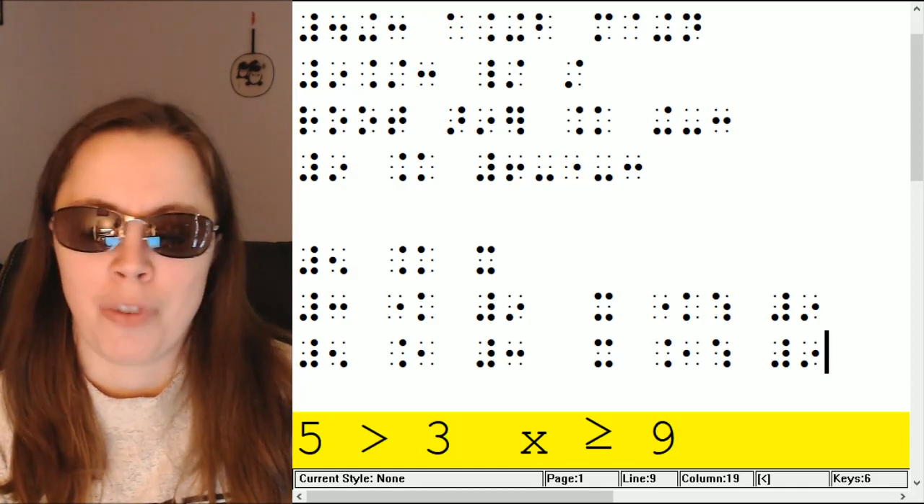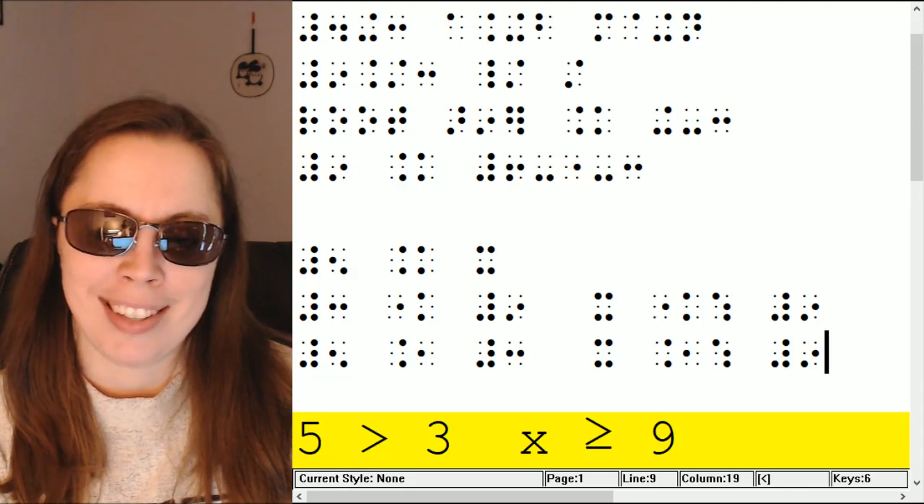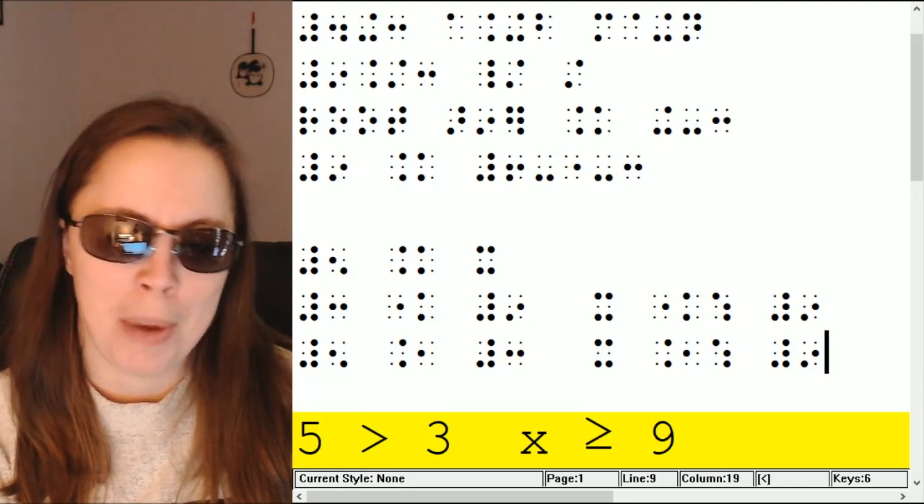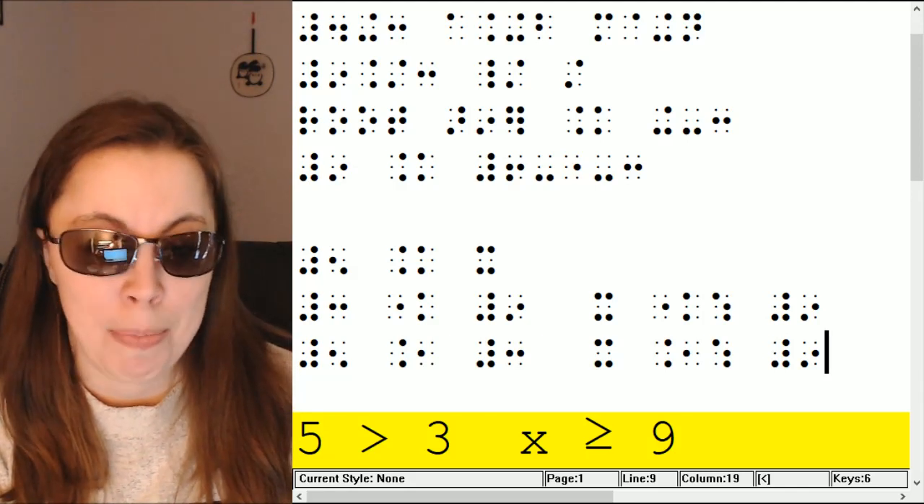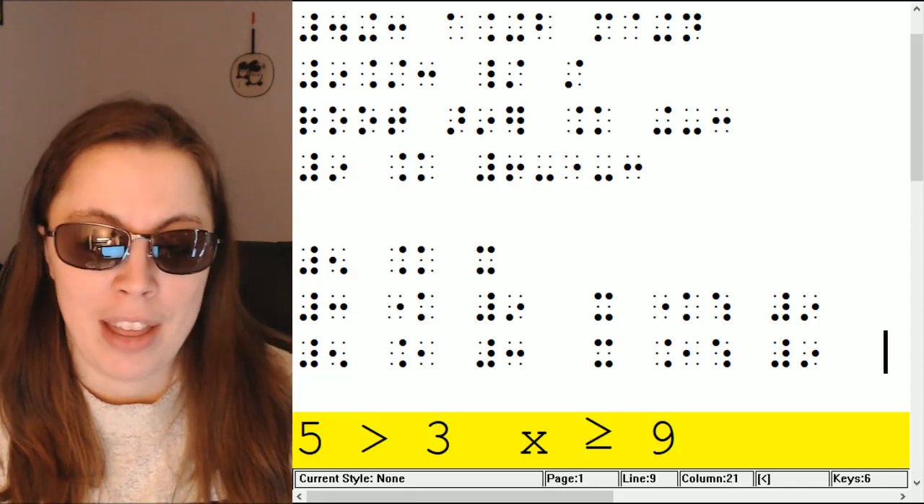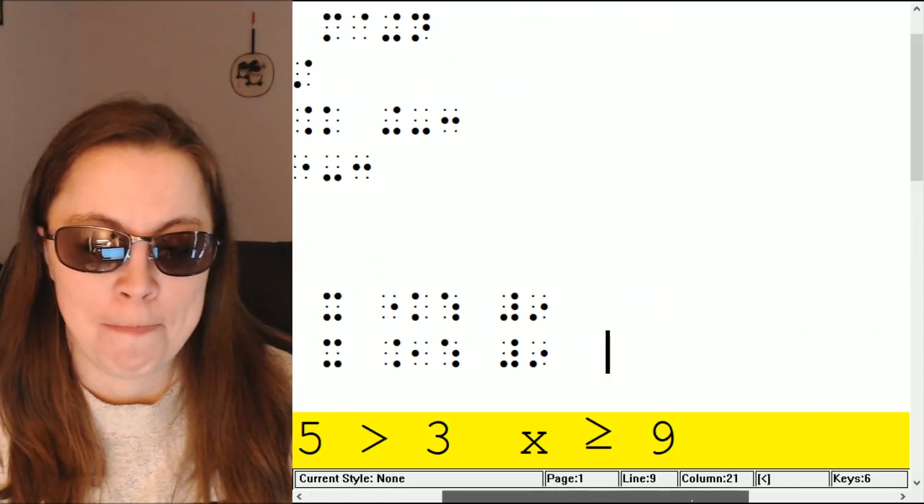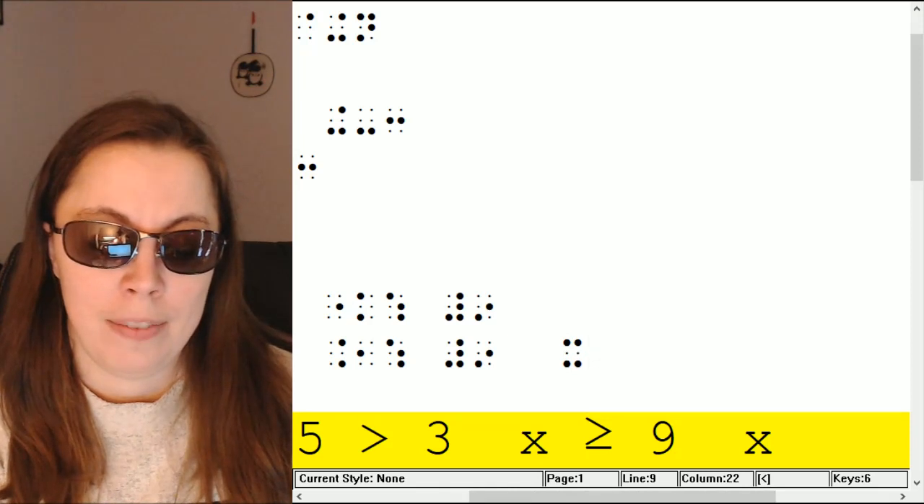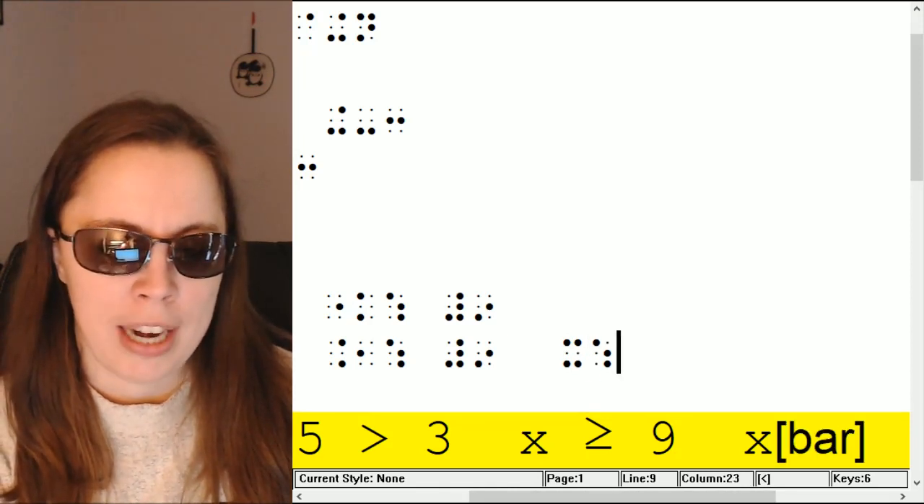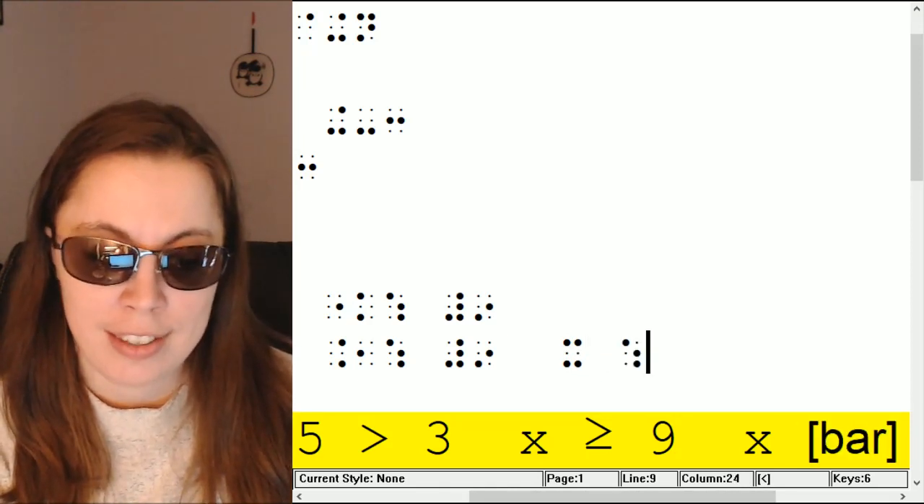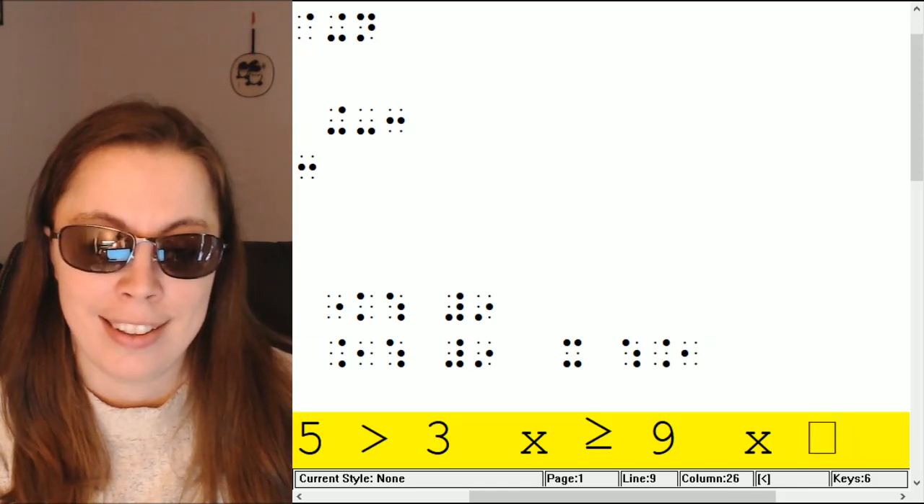And there are other forms. There are really rare forms of this, like having multiple bars or having the bar be on top, for example. If I wanted to write the bar on top, you can. If that's what it has in the print, I would just do the bar first and then the greater than